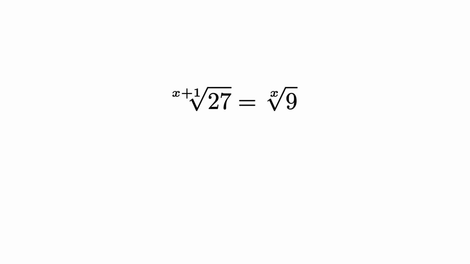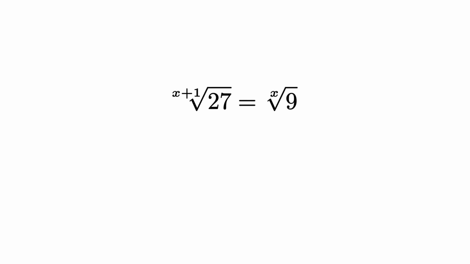So we have x plus 1 root 27 equal to x root 9, and we have to find the value of x. I noticed that x is in our index, which is kind of atypical because, I don't know about you, I'm used to having x inside the radicals, not on the outside, but don't worry, we'll figure it out. Now, the first thing that we're going to try to do, to make this a little easier, is